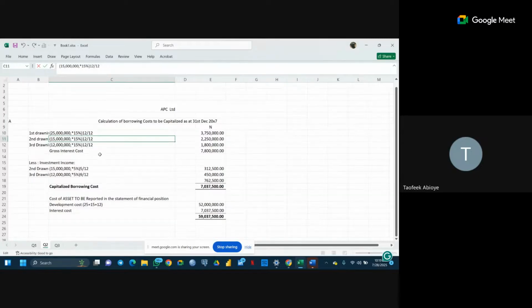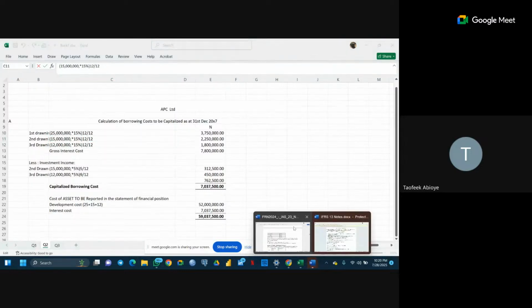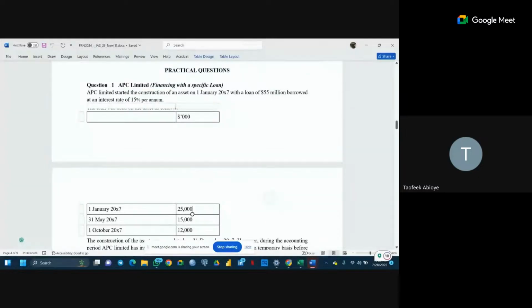Just like we have the one that they withdraw in May, and they withdraw another one in October. So far, the money has been disbursed to them as at 1st of January. The interest that we paid on it is going to be on a 12-month basis, irrespective of when maybe they withdraw it in May or they withdraw it in October. There's an agreement in place already between them and their borrower. Like, we are going to pay 15% interest charges on this 55 million.